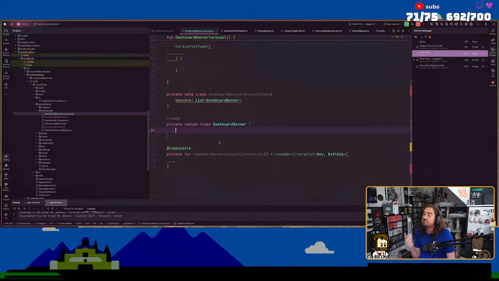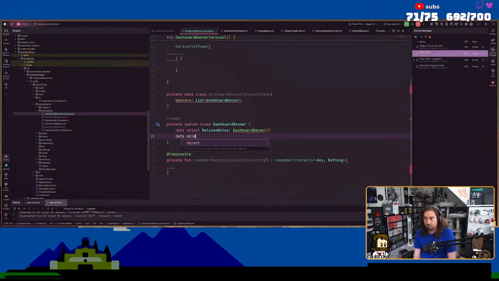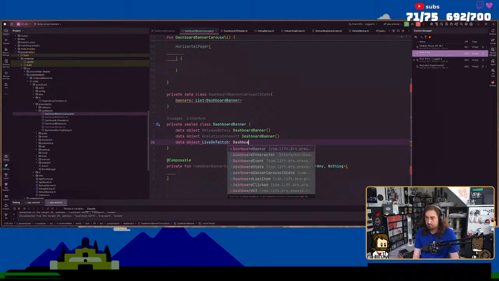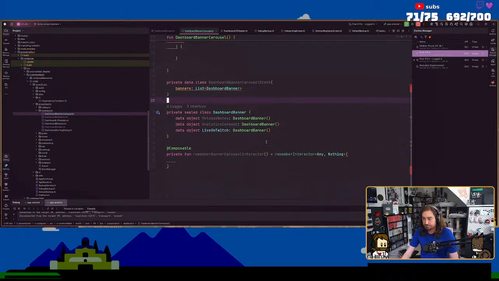So the banners would be, and then analytics, consent, dashboard banner, and then let's just do the other one and just never show it, like live on Twitch, so we have some other examples.